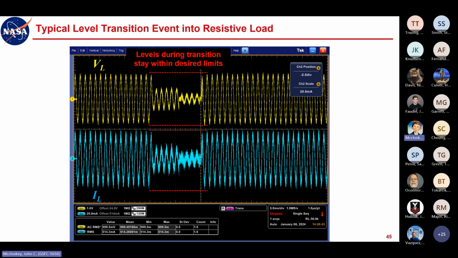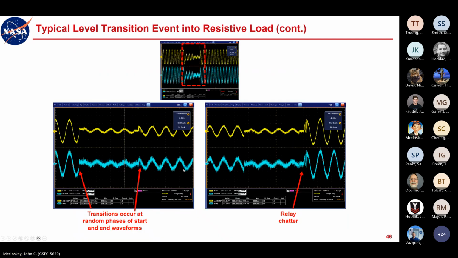So first thing, and this was right in the data sheet for the signal generator, the levels during any transition stay within the desired limits. So that's great. The absolute magnitude of the levels during any of these transitions stayed within the desired limits. So far so good. But